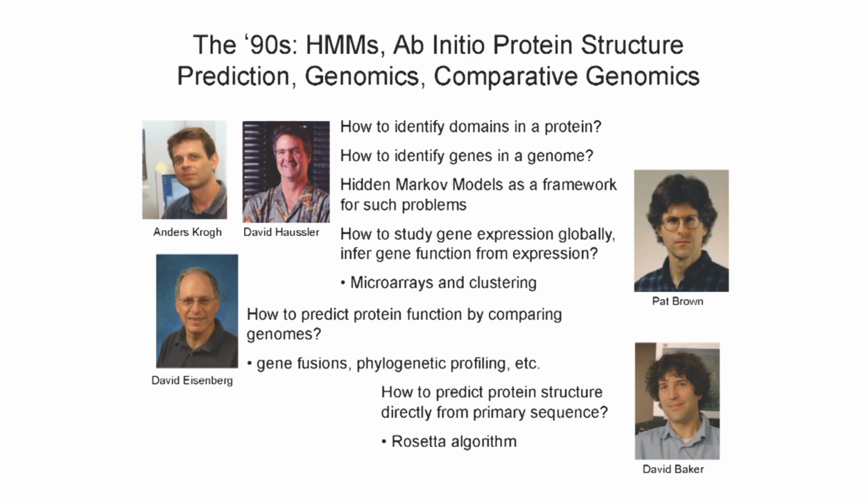There was also important progress in some of the earliest comparative genomic approaches, since the first genomes of free-living organisms were sequenced in the mid-90s, and so you could then start to compare these genomes and learn a lot. We'll talk a little bit about comparative genomics. And there was important progress on predicting protein structure from primary sequence. Particularly, David Baker made notable progress with the Rosetta algorithm. So it's a biophysics field, but it's very much part of computational biology as well.